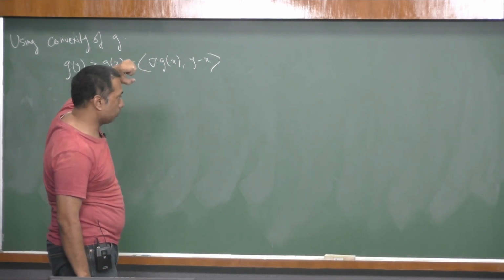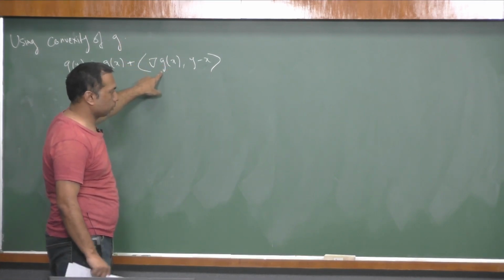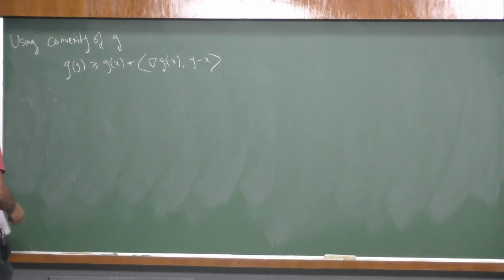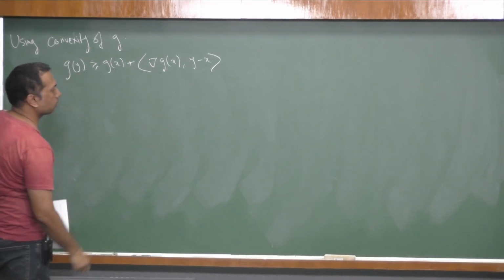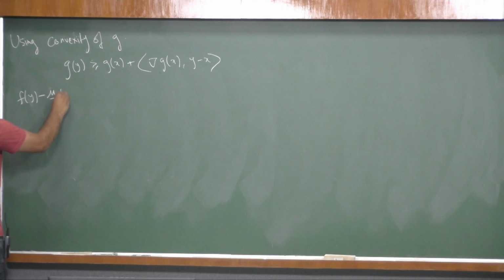So, it is in good form, and somehow we will bring in grad f also. Okay. So, now substitute in place of G y, f y minus mu by 2 norm y squared,